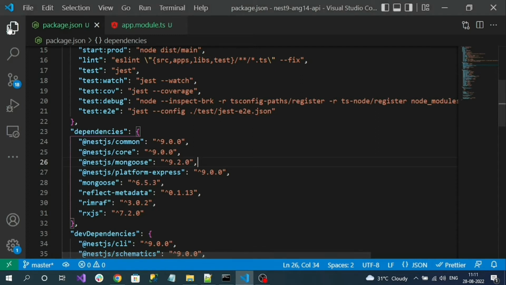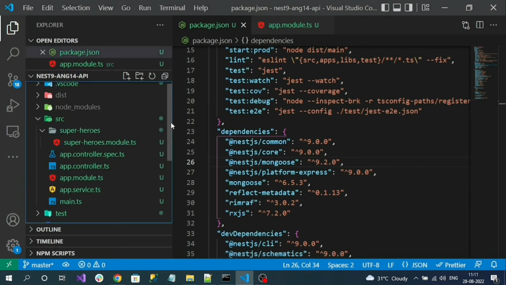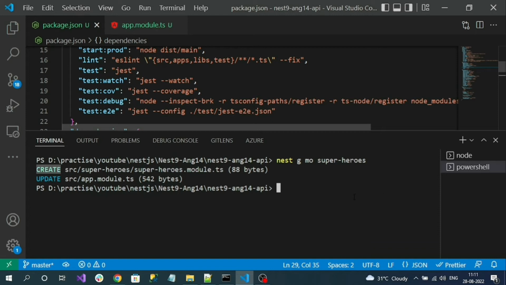Okay, so I want to create a superhero schema class inside of this module folder. The command is nest generate class. I want to create a simple class, inside the superheroes folder. I want to create a new folder inside of that module folder, that is schema. And now I want to mention my class name, that is superhero